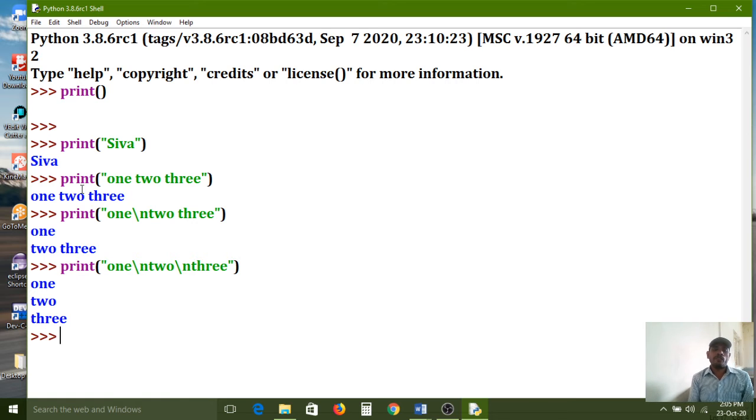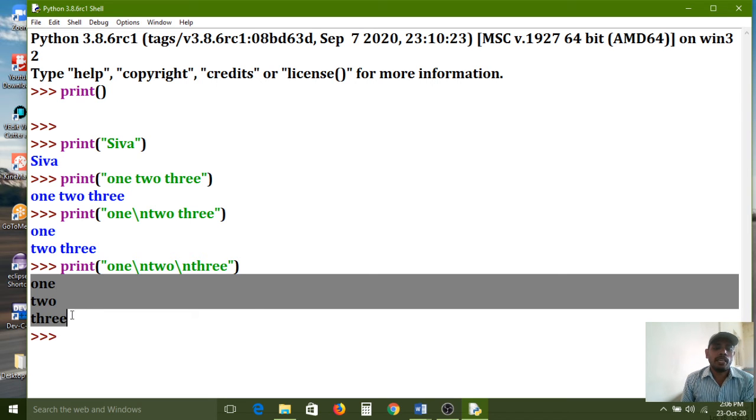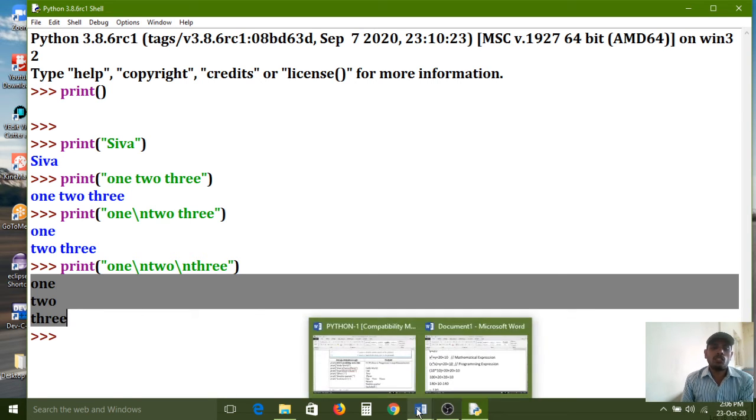All of you carefully observe 1, 2, 3. These 3 words are printing in different lines now. But print function is a single function. How will it print? I just used the \n character in between these 3 words. This is the predefined constant. It has some predefined functionality. What type of functionality does it have? To break the line. That's why it is printing in 3 lines. Now understand na? \n character is used to break the line.